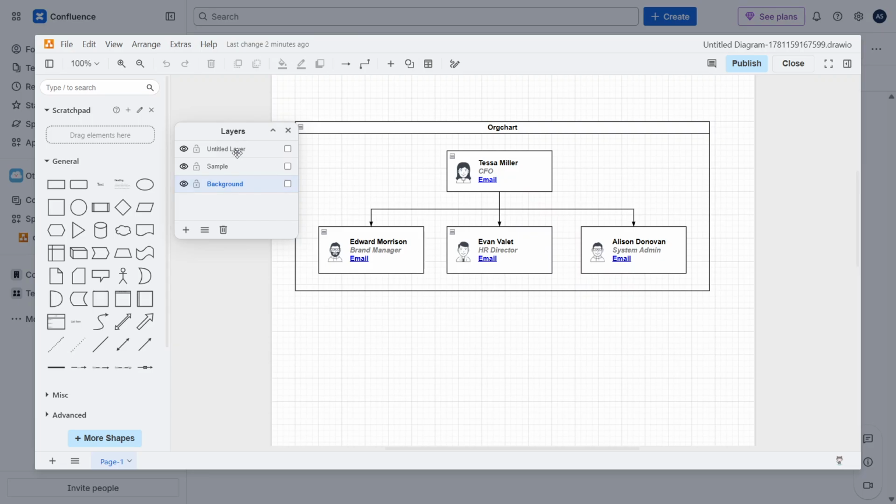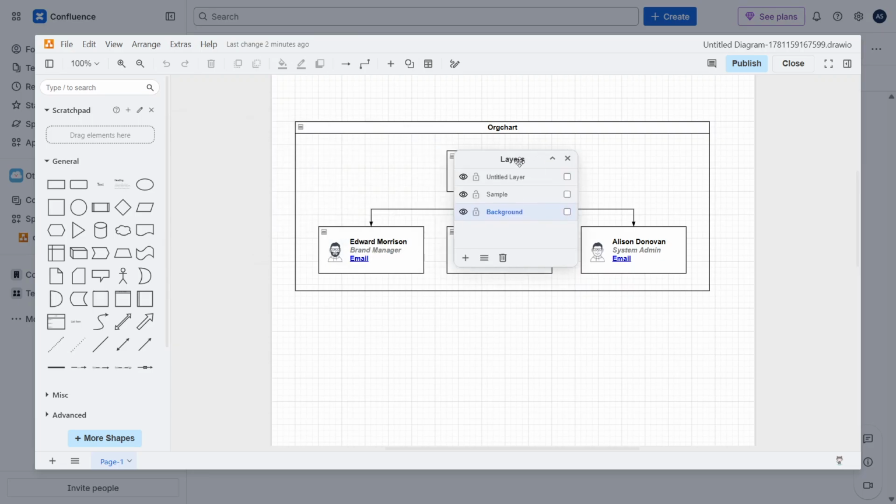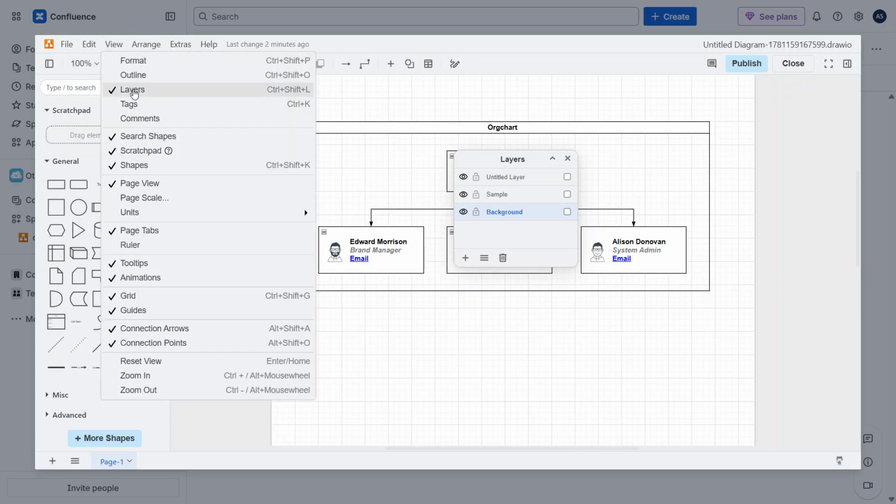In the top menu bar, click View, then select Layers. This opens a small Layers window that lets you control how elements are organized. If you prefer using keyboard shortcuts, you can also press Ctrl, Shift, and L to open it quickly. This panel is important because it gives you a clearer structure for your diagram, especially when you're working with multiple